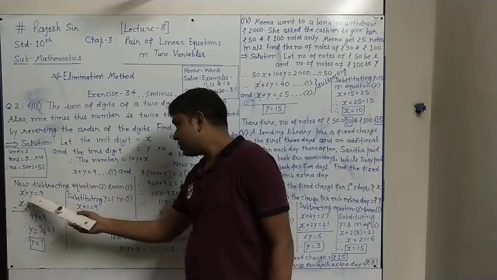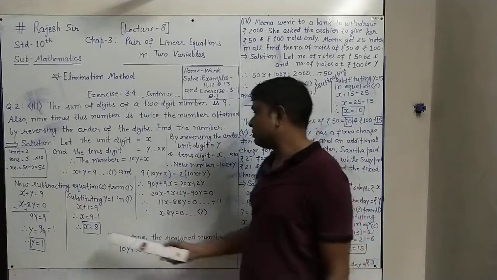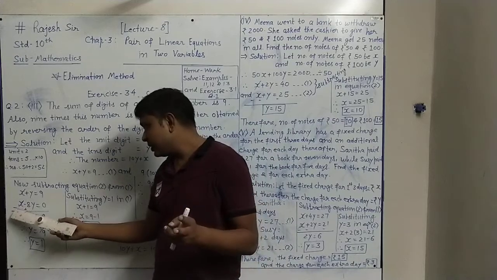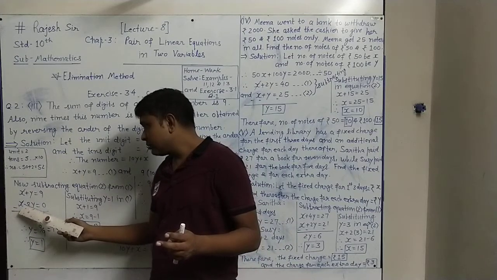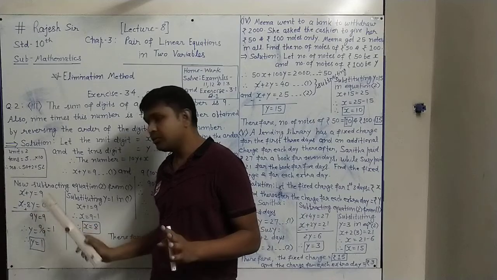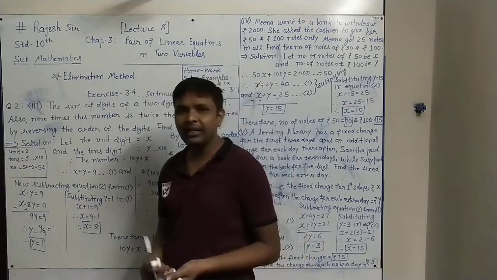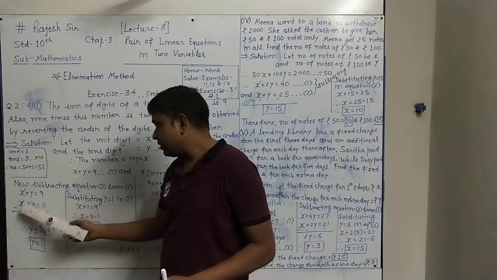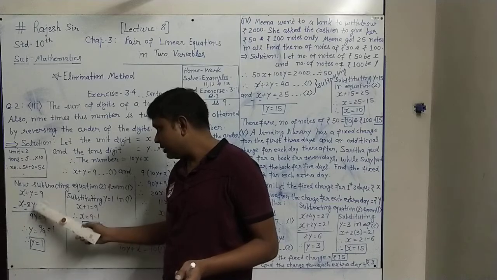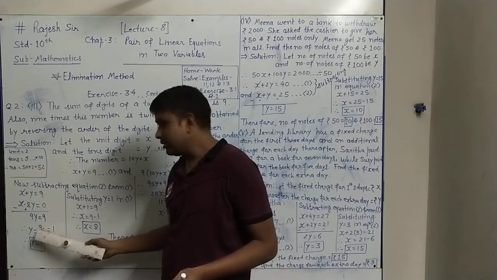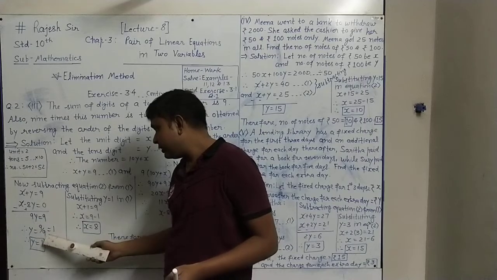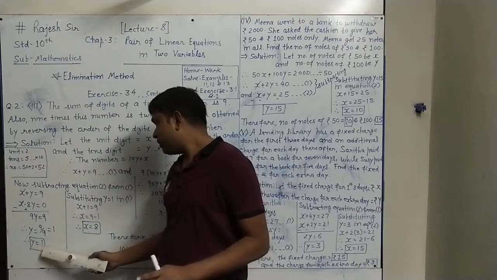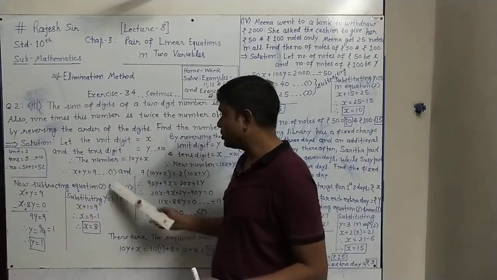So equation number 1 is x plus y equals to 9 and the second equation is x minus 8y equals to 0. If we are subtracting, the sign of the second equation will be changed. This plus is considered minus, this minus 8 is considered plus 8, and equals to 0 as it is, because 0 will have any sign, no effect. So plus x and minus x cancel, plus y and plus 8y is 9y, and 9 plus 0 will be 9 here. So y equals to 9 upon 9, 9 upon 9 cancel, 1 will be, so y equals to 1.